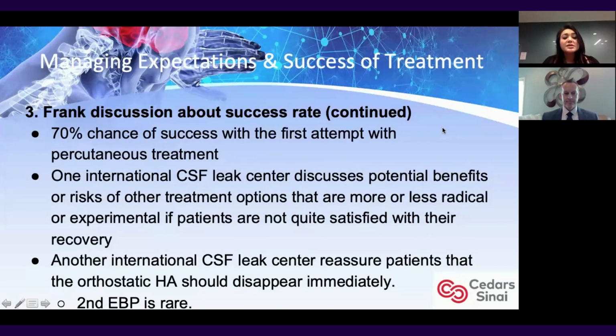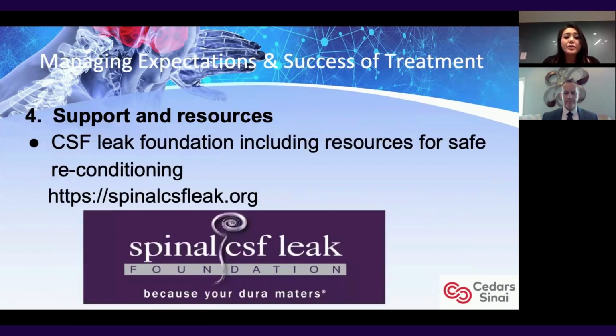One center quotes a 70% success rate with the first attempt. I thought that was pretty interesting. And then one international CSF leak center discusses potential benefits and risks of other treatment options that are more or less radical or experimental if the patients are not happy with their recovery after their treatment. And then another international CSF leak center reassures patients that their headache should disappear immediately, and that a second blood patch is rare. And then the fourth most common theme among the answers was, of course, the support and resources,